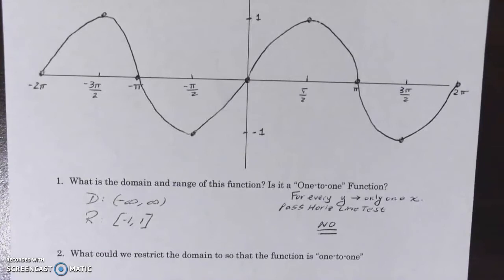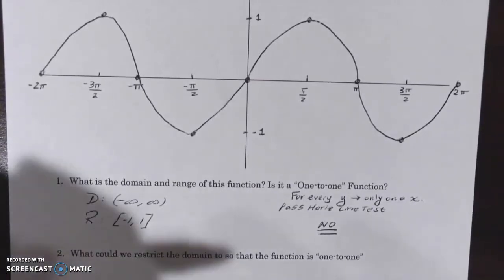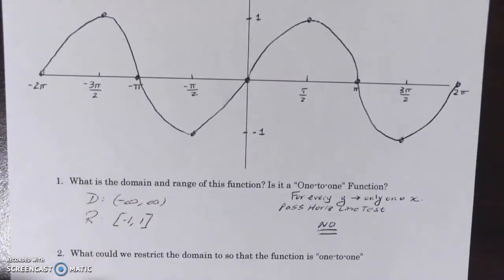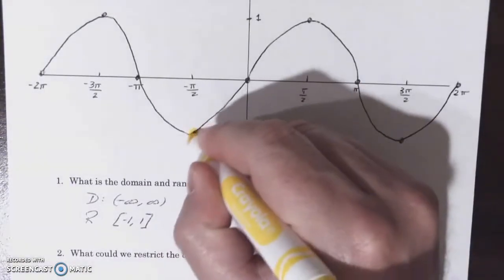All right, now when we're thinking about how to restrict a function so it is 1-to-1, we want to make sure we get all of the range. So we want to get points from -1 all the way to 1, okay? But we don't want them to duplicate, all right? And so basically what we're asking is, where are we going to look at this function to even consider its inverse? And for the sine graph, we are going to